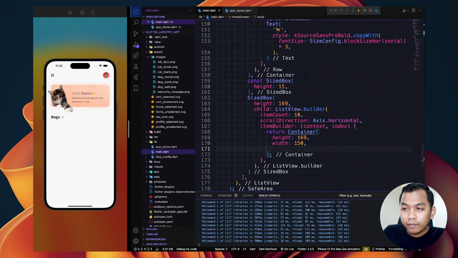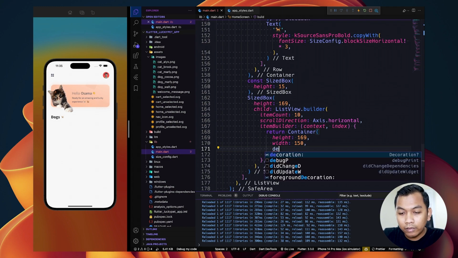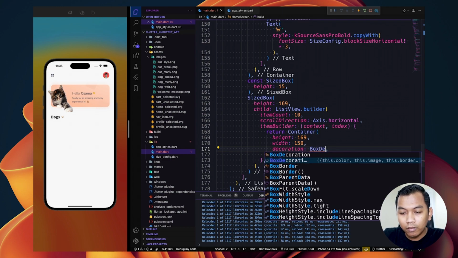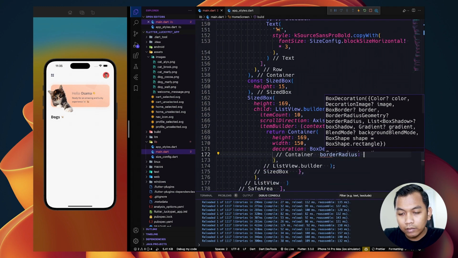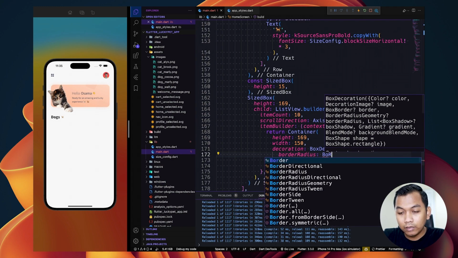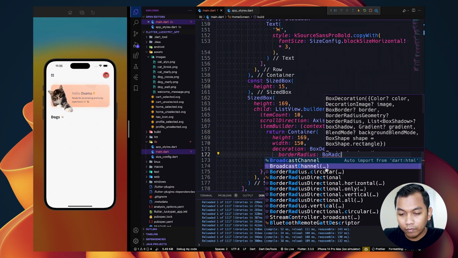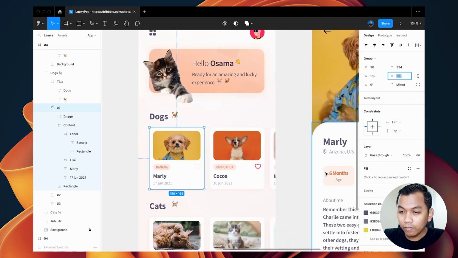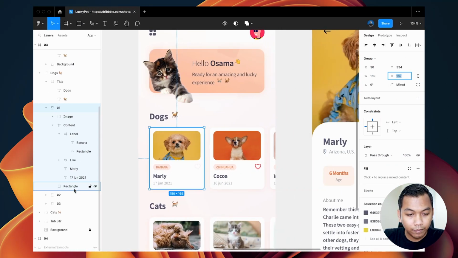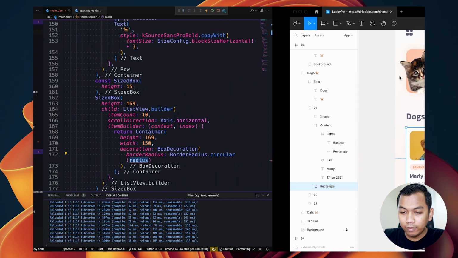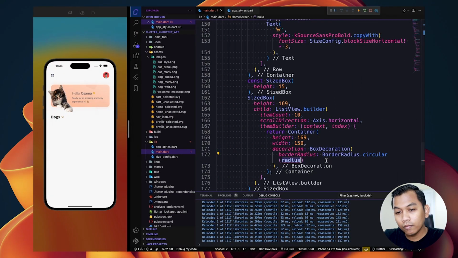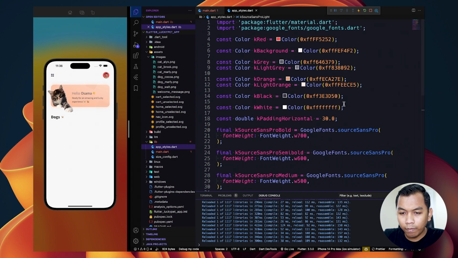And for the decoration we will have border radius. For the border radius it will be 11, so we can maybe create a new variable.